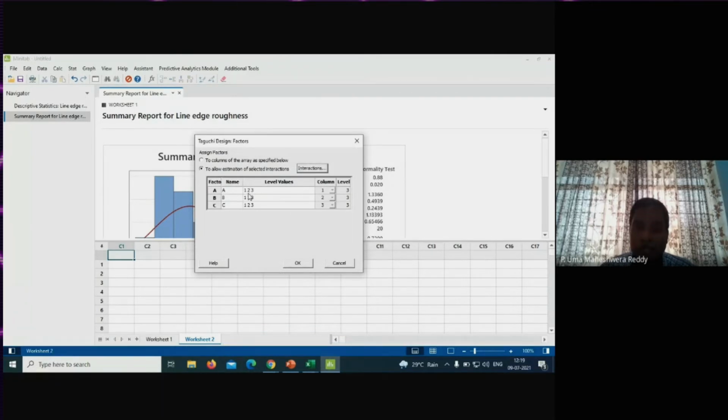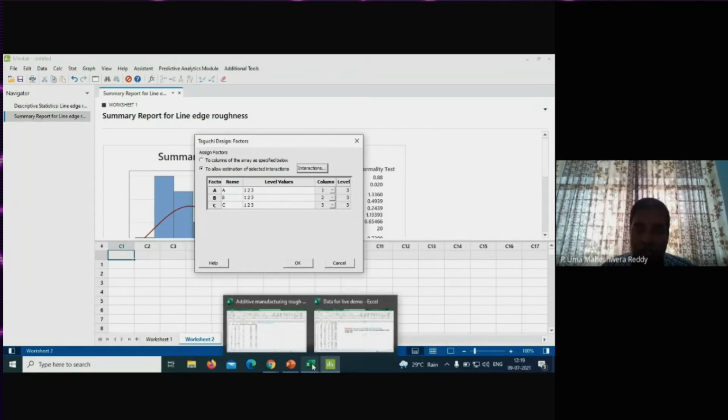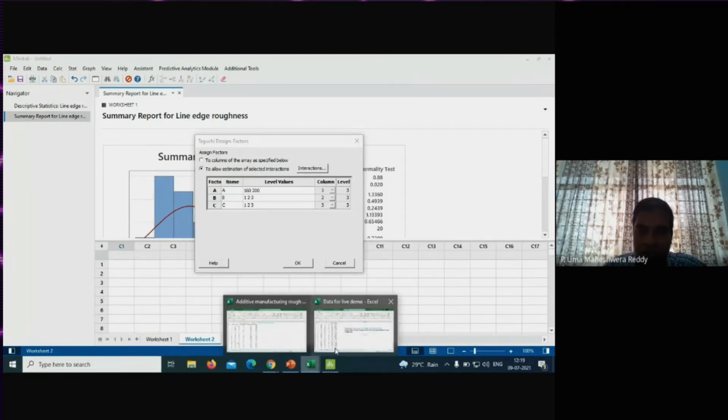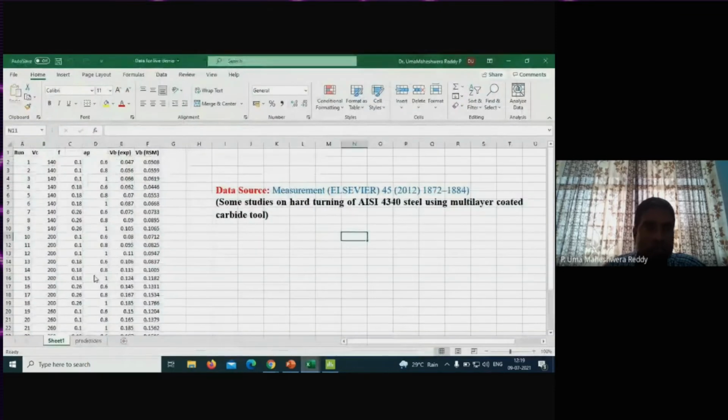And here you have 2 options. One is you can directly input your data to this worksheet window. Whatever data is shown in the Excel spreadsheet, you can copy and paste here, or else let me type the data directly here itself. Cutting speed, I have 3 values: 140, 200, 260.